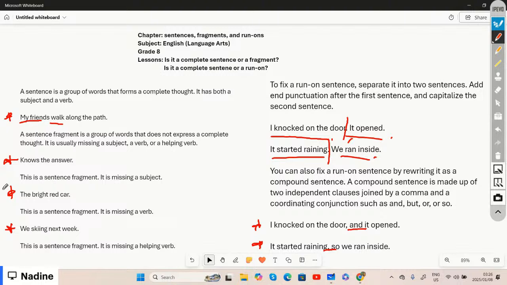It has both. Then we have a fragment, and a fragment is either missing a subject, or it is missing a verb, or it's missing a helping verb. And then a run-on sentence, we said, is a sentence that is